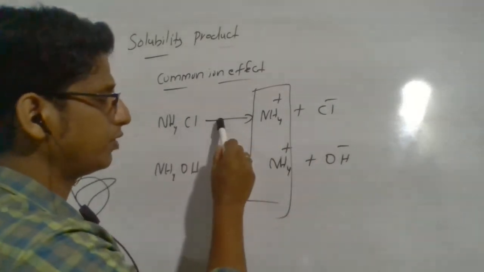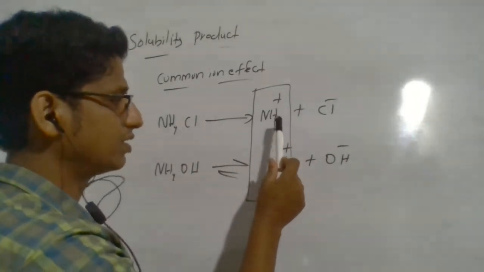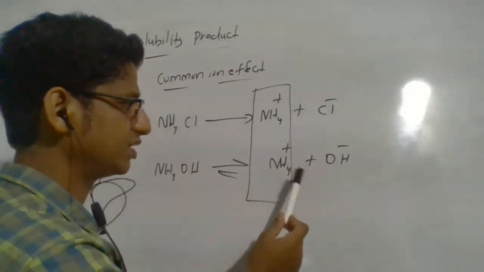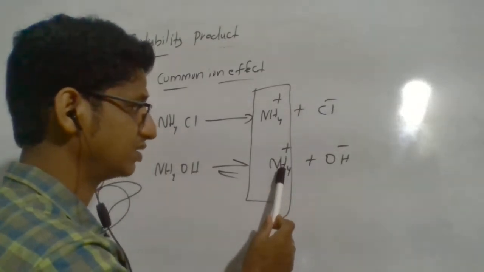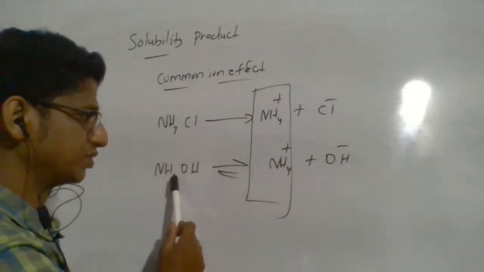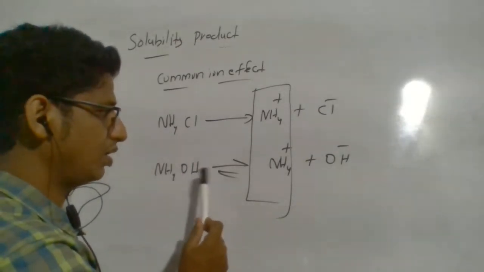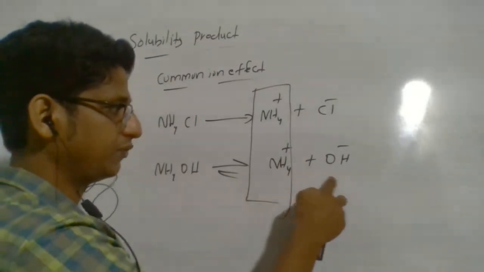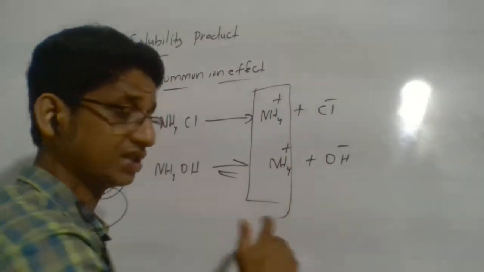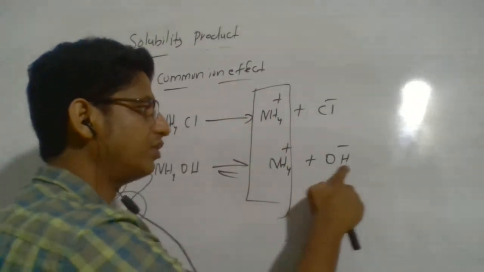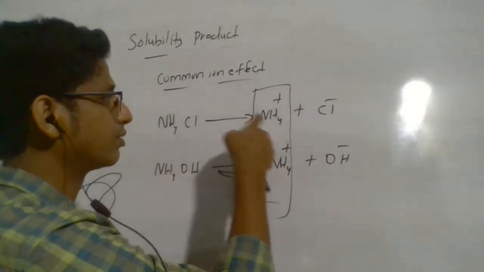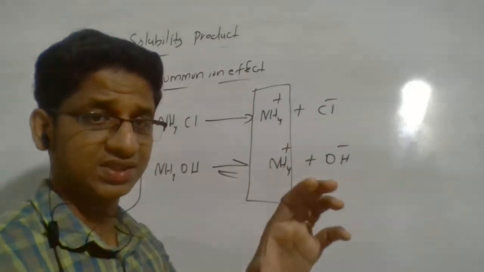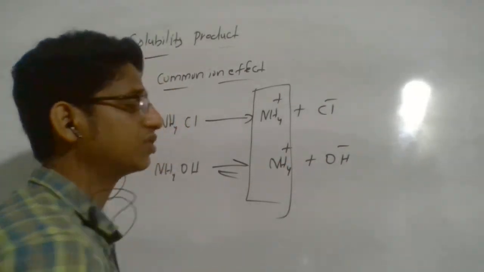So due to the presence of ammonium chloride, the ammonium ion concentration becomes larger, and that affects the equilibrium system. According to Le Chatelier's principle, if the ammonium ion concentration is increasing, the equilibrium will shift in the backward direction, toward the undissociated form, so the dissociated form becomes lesser, or the concentration of hydroxide ion is lesser. So the concentration of hydroxide ion becomes lesser due to the presence of ammonium chloride and ammonium hydroxide. Okay, so the point you have to extract from here is that at low concentration of hydroxide,